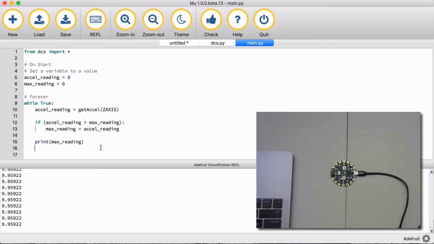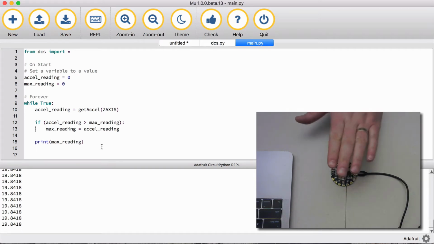Oh, interesting. So what it's doing is every time it takes a reading, it asks the question, is the reading I just took, which is stored in the variable called accel reading, greater than the current maximum reading? If it is, set the max reading variable to this new reading. So now when I thump the table, it measures a bunch of acceleration forces because I just shook the CPX by thumping the table. Ow. Okay, but if I tap it,